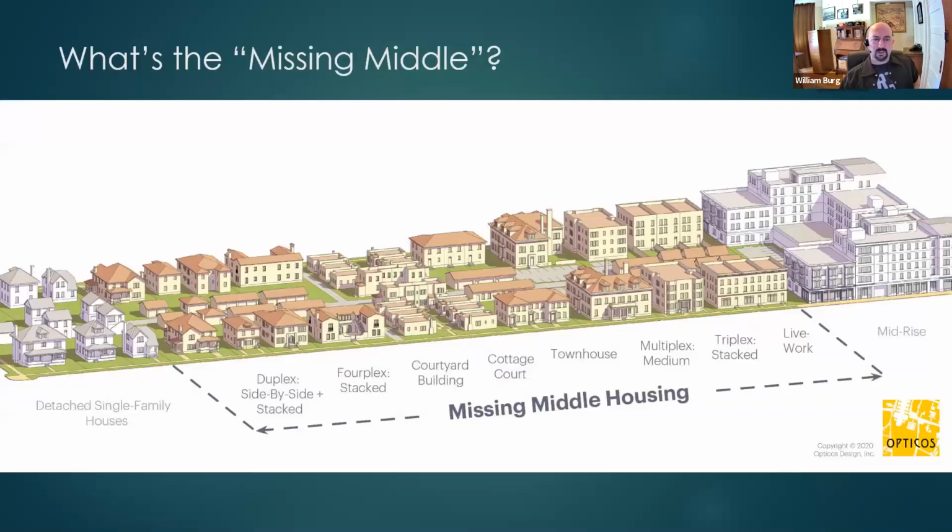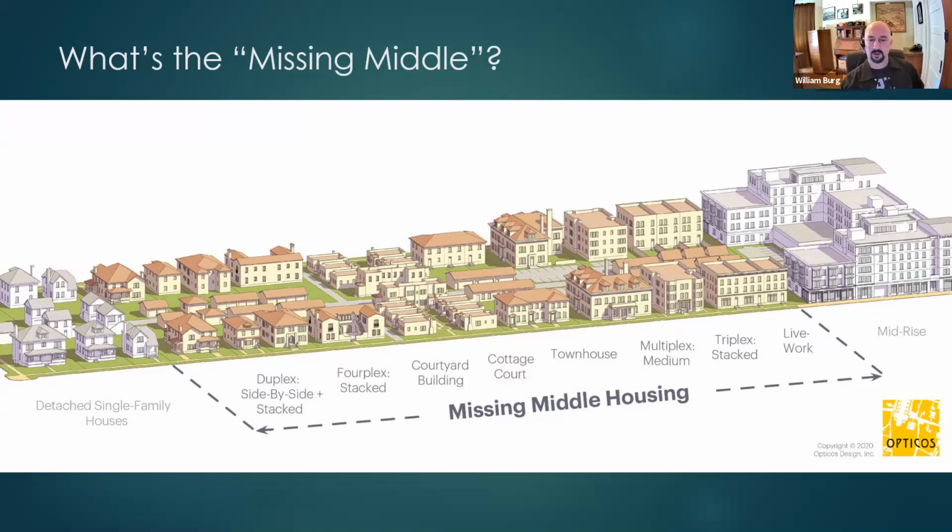Now, I mentioned missing middle housing a little while ago, and what missing middle is are housing forms that have long been part of American cities, have long been part of Sacramento's neighborhoods, but they are prohibited in those low density suburban neighborhoods. So on the left, we have detached single family homes. In the middle, we have some places that might seem a little unusual, but they still look about the same size as single family homes, and that's very deliberate. Duplexes, where there's 2 levels or side by side, fourplexes, where there's 4 units, or you can plex all the way up to a 12plex if you want, but generally the duplex, fourplexes, and sixplexes are the most common.